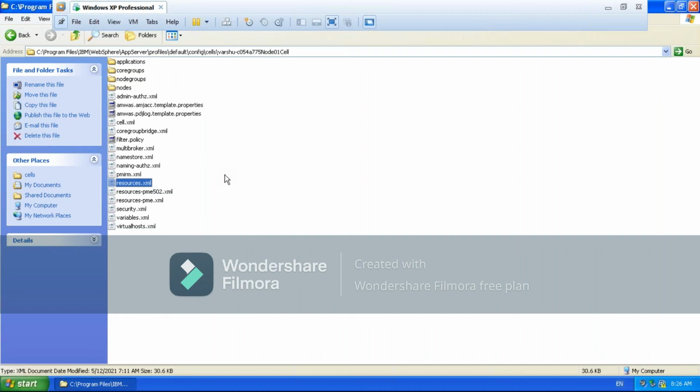See here, in the JDBC resource, what are the major things? Connection pool, data source, and JNDI name. These three are the major facts while you are configuring a JDBC resource, right? Yes.